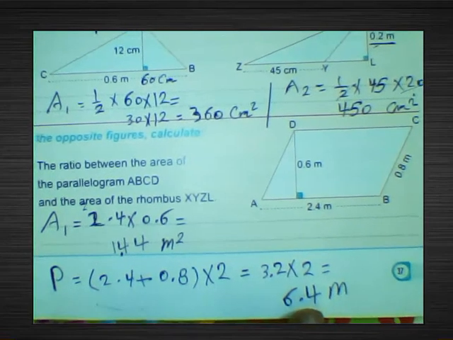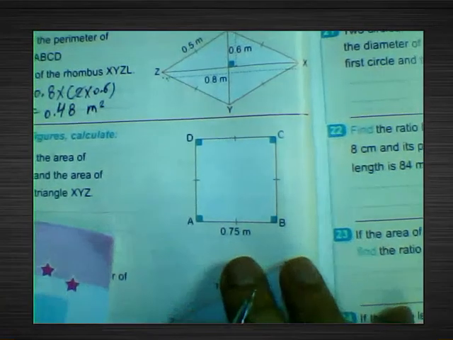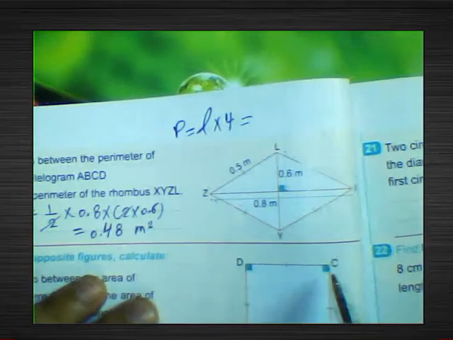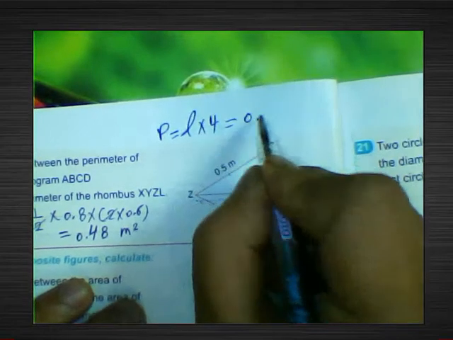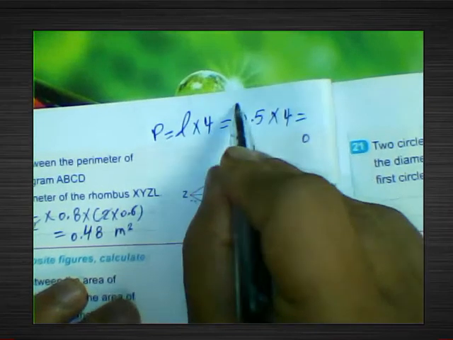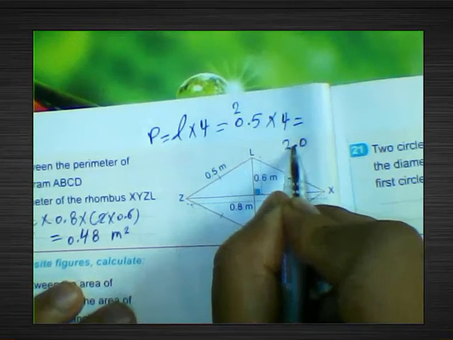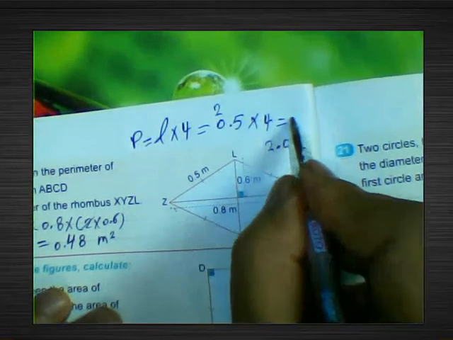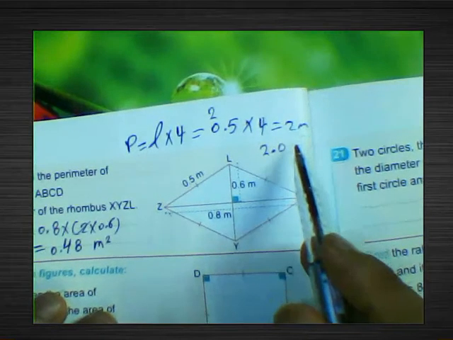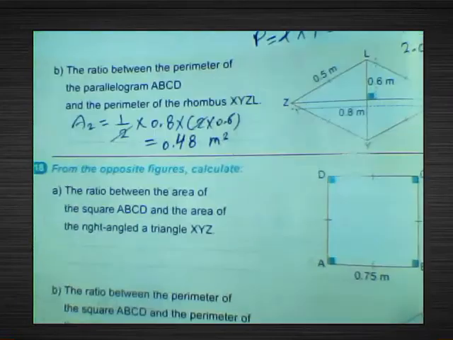It's the perimeter of the parallelogram and the perimeter of the rhombus. The perimeter of a rhombus is length times 4, such as a square. The length here is 0.5 times 4. 4 times 5 equals 20. 0 and we carry up 2. 0 times 4 equals 0. 0 plus 2 equals 2. So the result will be 2 meters. It's the perimeter of the rhombus, 2 meters. So the ratio between the perimeter of the parallelogram and the perimeter of the rhombus equals